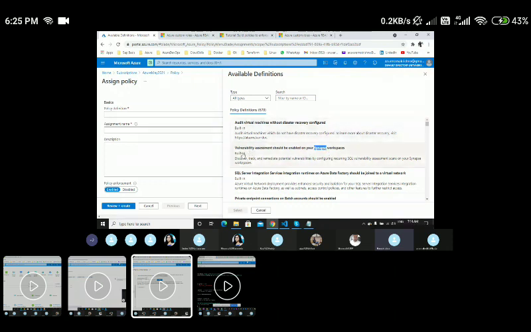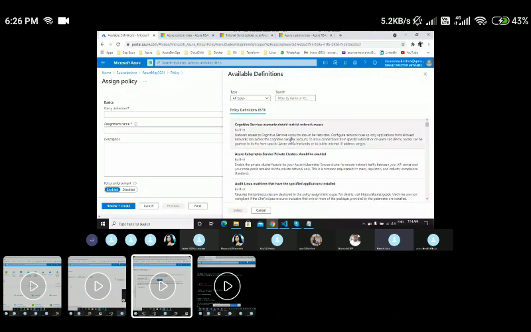particular service, by default, if you don't perform this particular assessment, Microsoft will keep sending you emails. Another one is to perform an audit on virtual machines without disaster recovery configured. That means whenever you create VMs, you must enable the DR. DR is nothing but, for the people who are pretty new, disaster recovery means if at all any disaster happens because of any earthquakes or any damage, we can replicate our workloads to the nearby region. That is the DR concept, which we will discuss later. But those kinds of policies we can define here.